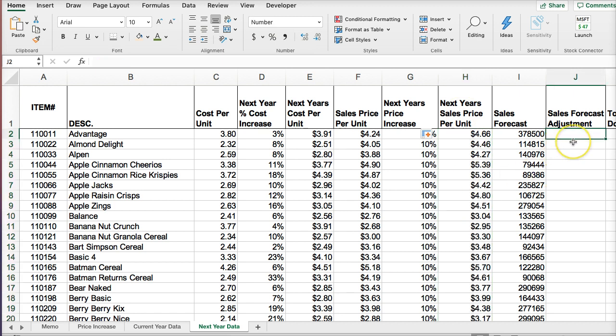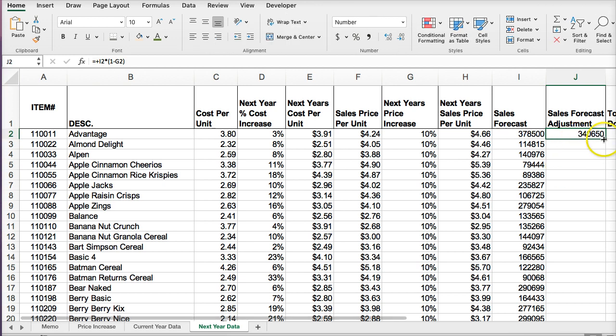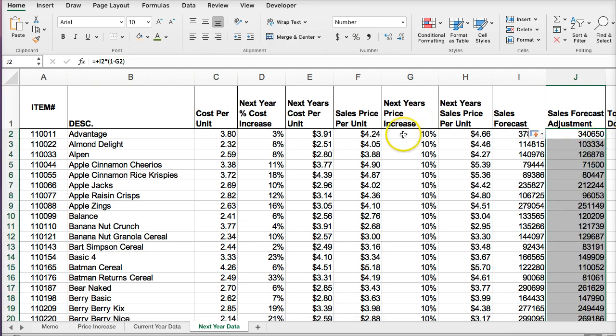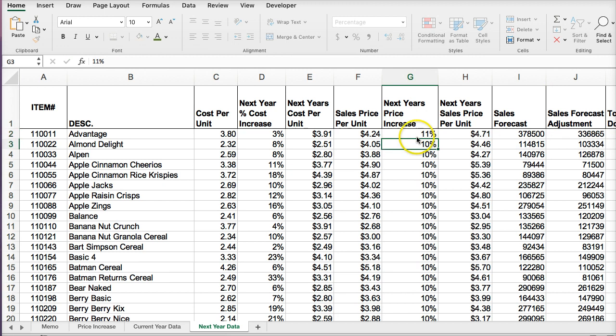So the adjusted sales forecast. Basically here we said that if price increases by 10%, sales forecast will decrease by the same amount. So what we're going to do is say this multiplied by 1 minus the price increase. And we see that the sales forecast went down by 10%. So this way, if I wanted to change this to 11, we see that both the sales forecast and the price increase change. So if I do 50%, we see that,